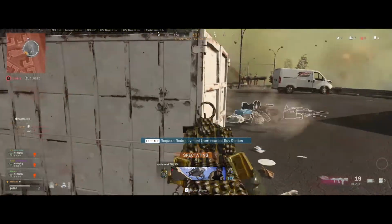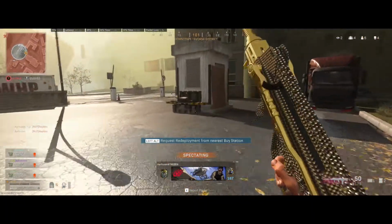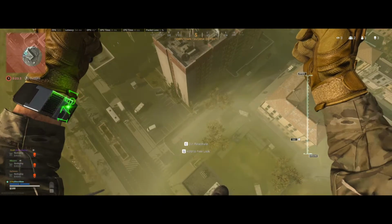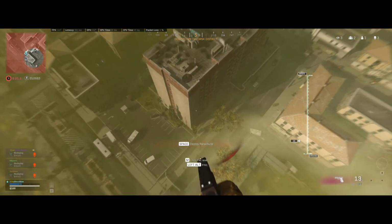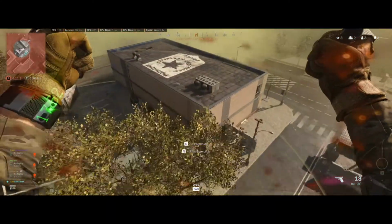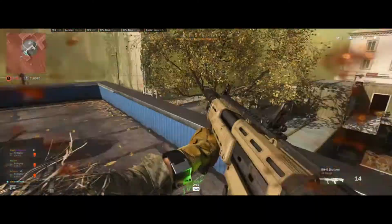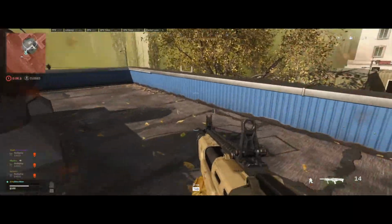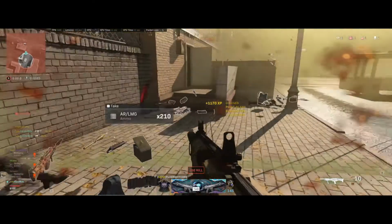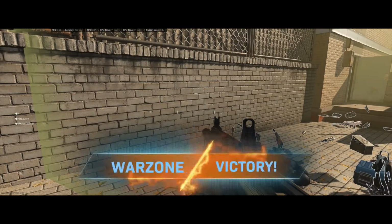So for me, after I've been playing with a 34-inch 21:9 screen, I wouldn't really want to go back to a 27-inch screen. It just feels too much of a square compared to this wider screen. So if you go to 34, I don't think you will want to go back. Even though I'm not sure why all of the competitive players still use 27, so if you're super competitive, this is maybe not for you, but for a regular player like me,